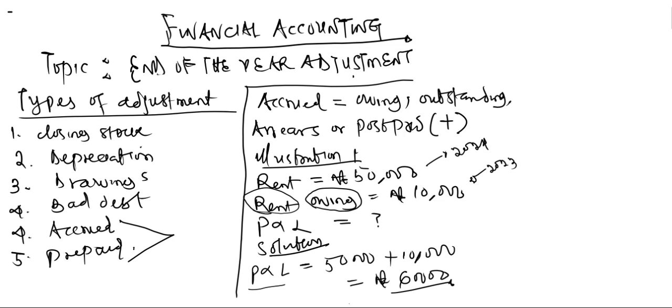We also know the one that will be posted to the balance sheet, it has to be the 2023, because that's what we are owing at that moment. So therefore, for the balance sheet, what we post is 10,000 naira. So for the profit and loss is 60,000 naira, while for the balance sheet it is